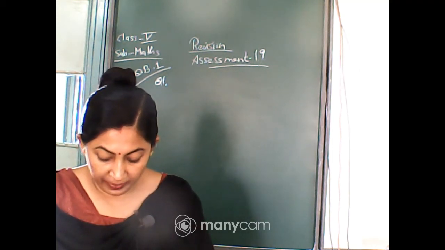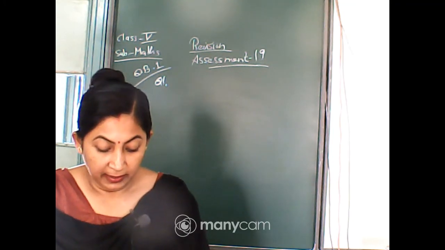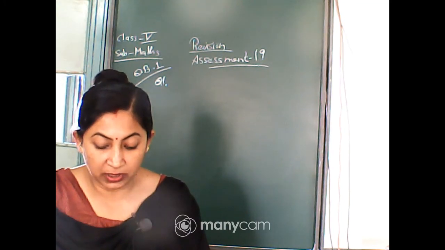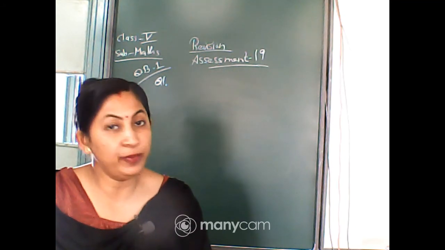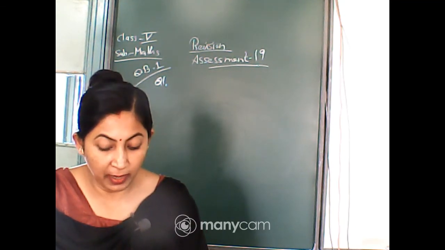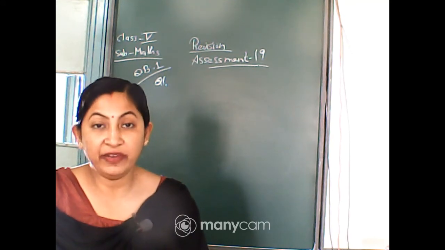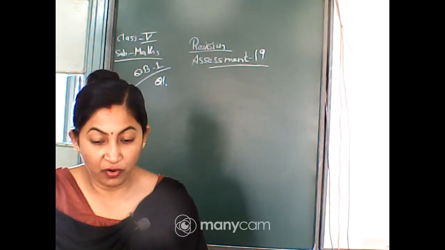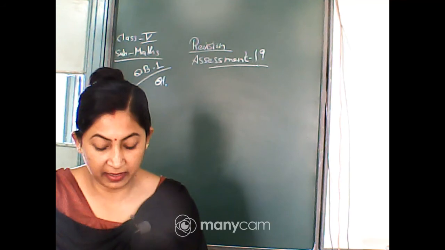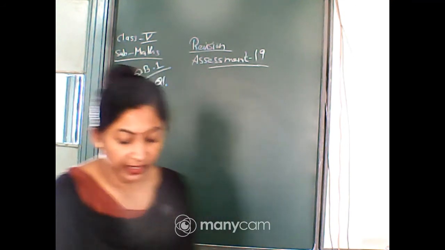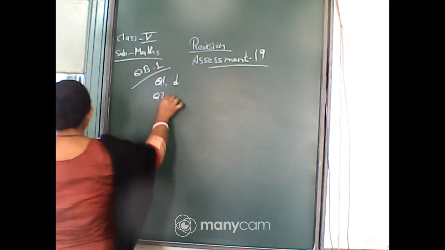Okay, come to page 301. Assessment 19, question 1. See, the volume of the adjoining box is. Now quickly find the volume. As you know, the formula for volume is L into B into H, isn't it? So quickly multiply the 3 and tell me the answer. You can multiply orally also. 12 into 5, 60, and 60 into 4, 240. That is option number D, exactly. Option number D, that is 240 cubic centimeter.